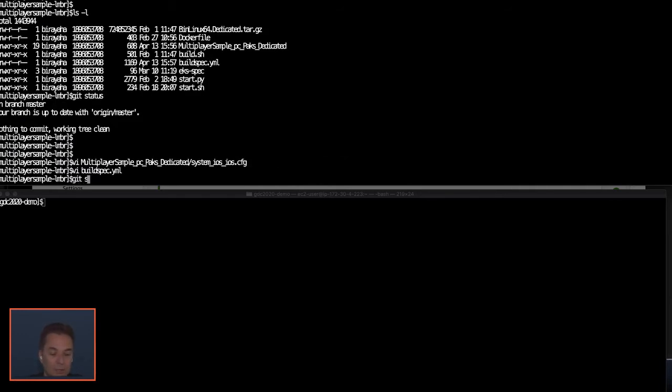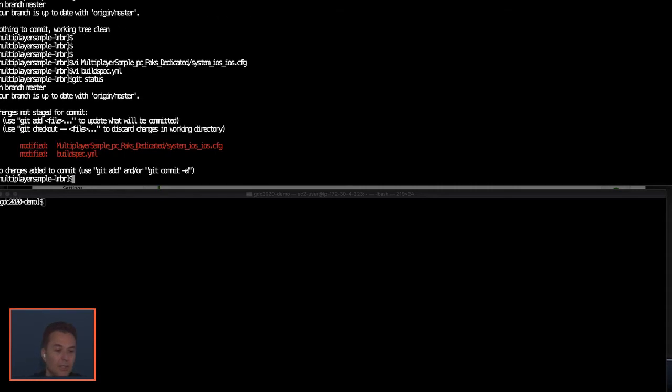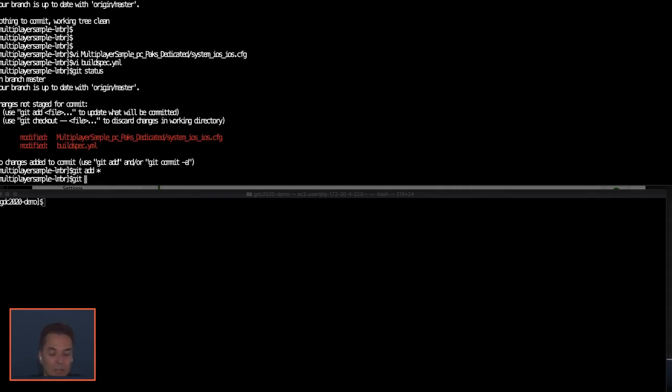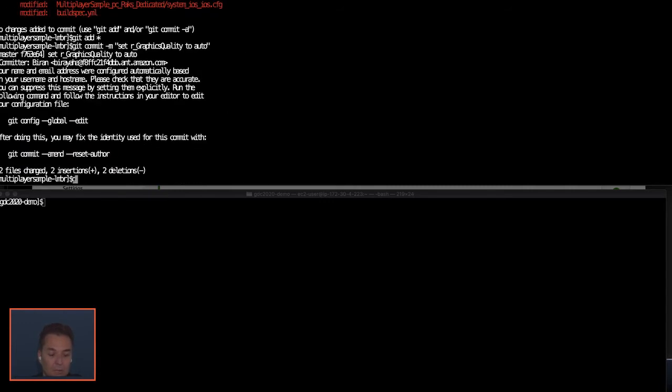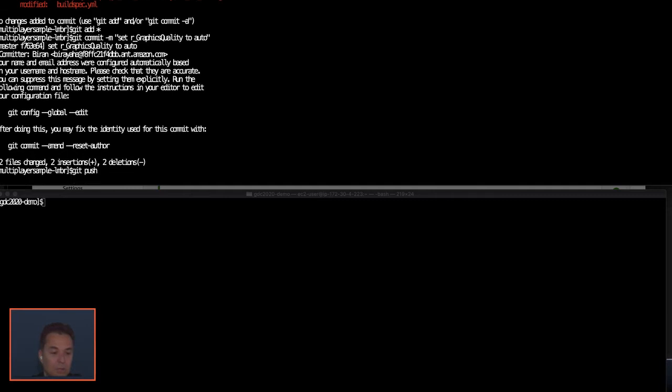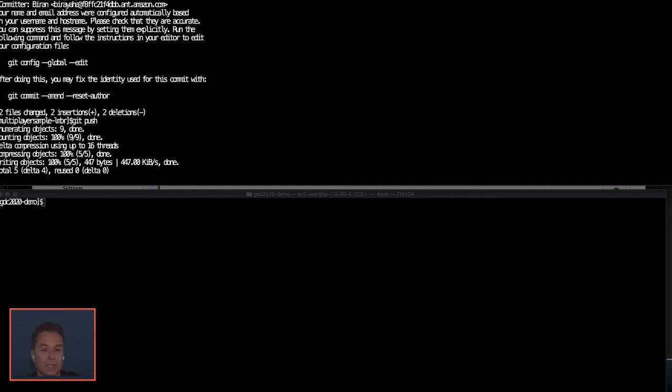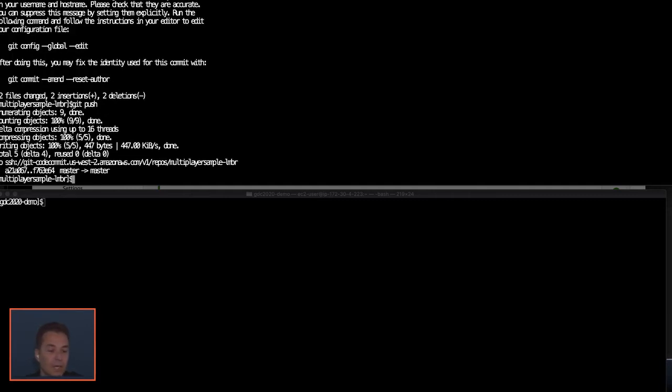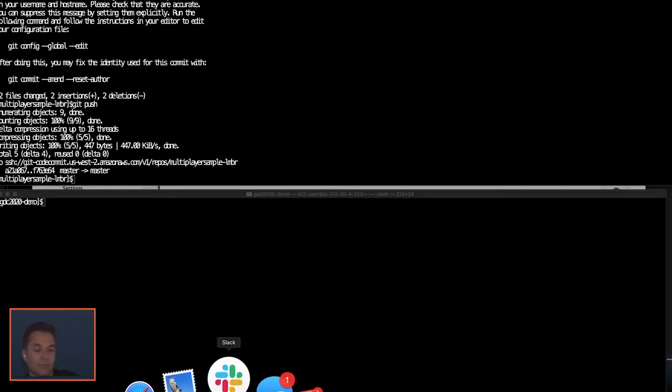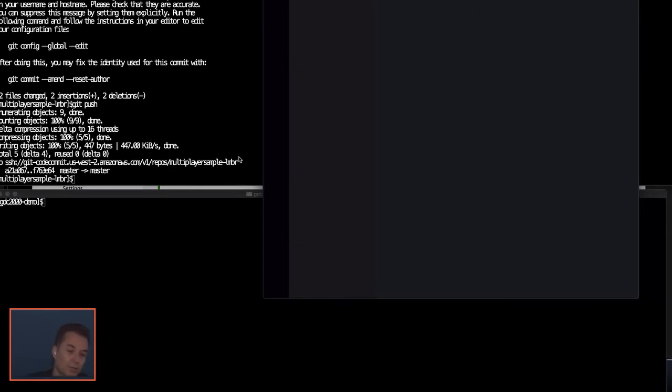So I'm going to do git status. You see that these are the 2 things that got changed. I'm going to do git add, git commit -m "set to auto", and I'm going to push it. Okay, so now the game has been pushed. If I start my Slack channel,